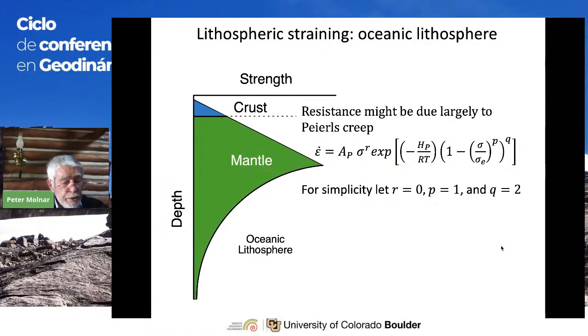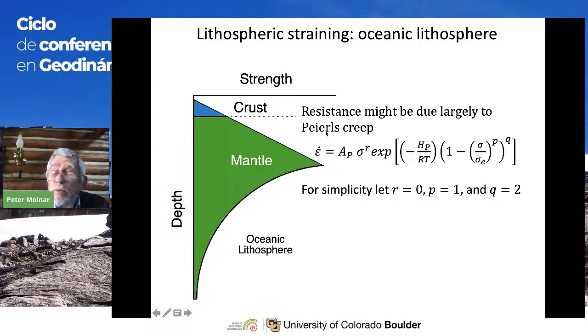Okay, well, let's consider different kinds of lithosphere. Let's go back to oceanic lithosphere, where you have thin crust. The strength increases essentially linearly because of friction, and then at some point, of course, there's not a sharp corner here, but we won't worry about that. Then when the material's hot enough, you get plastic deformation or viscous deformation, where because of increasing temperature with depth, the strength decreases with depth.